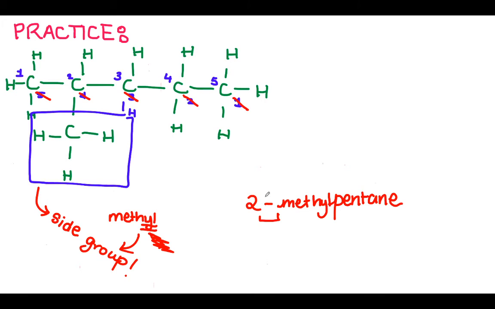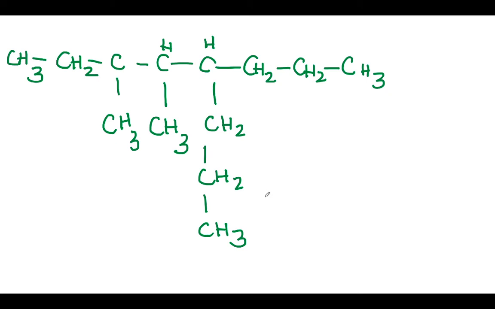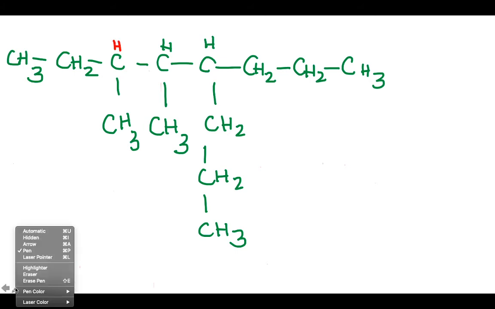Okay, we'll look at another example. This one's a bit more complicated. Similar to the last question, I think there's a hydrogen missing here. So make sure that you maybe pause the video and copy this all down, and then we are going to name this together. Again, the more complicated part of naming is to figure out which is our longest continuous carbon chain. I'm going to show you a few possibilities and we can think about which one of these would be correct, right? So let's take a look.